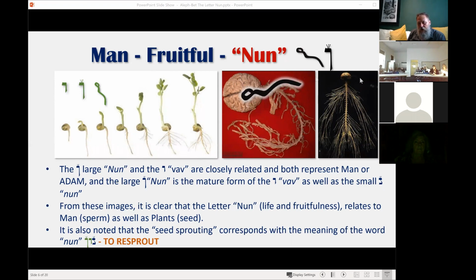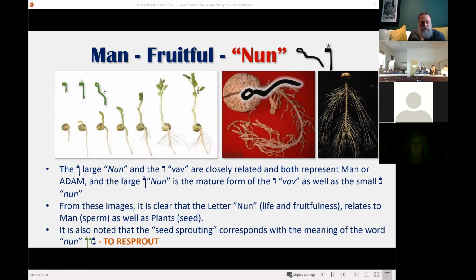But on the right, that's basically how we look, with our brain, which is the head, and everything below that, which is the little tail, is what's sustaining us. So we exist within our mind, or that's where our spiritual connection is, within our thought and our presence and our consciousness. And that's what the nun also represents.